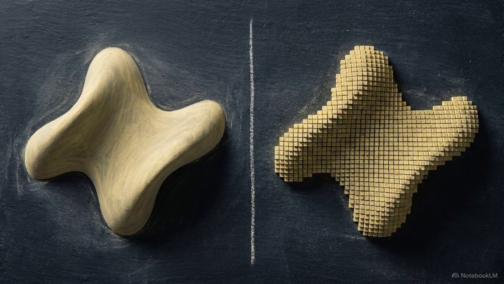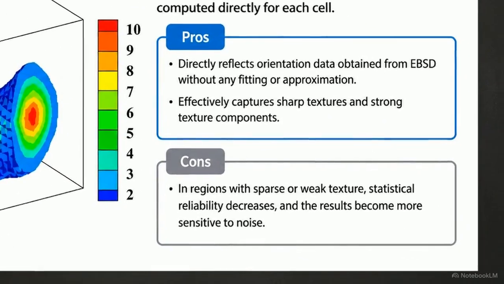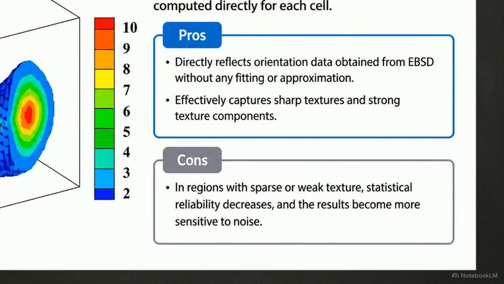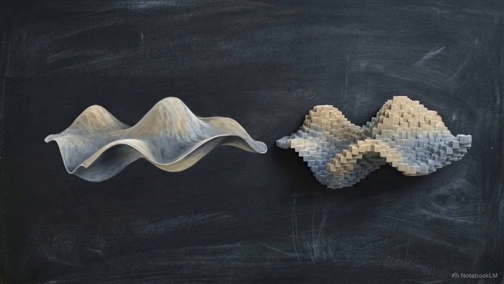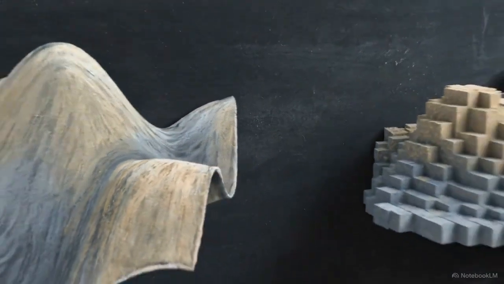To bypass the limits of harmonic expansion, engineers turn to the second paradigm, discrete grid modeling. This divides orientation space into rigid, regular volumetric cells, mapping measured intensity directly to distinct coordinate grid points. While susceptible to statistical noise in sparse regions, this grid method is vastly superior for capturing the sharp, strong texture components observed in EBSD data. The choice of modeling paradigm dictates the mathematical fidelity of the final ODF, determined entirely by the material's inherent texture